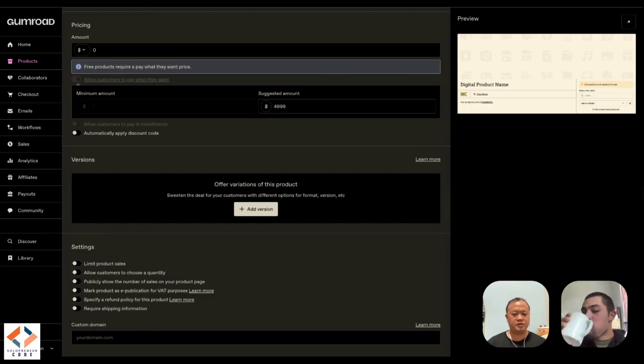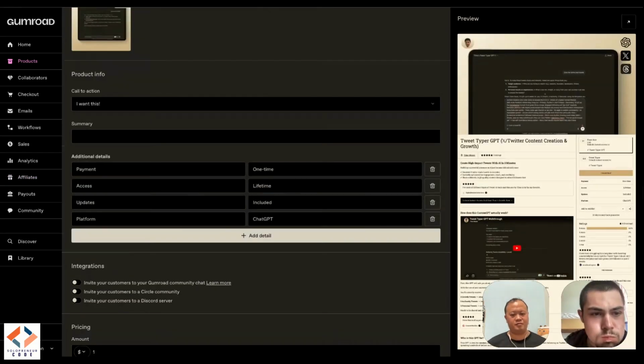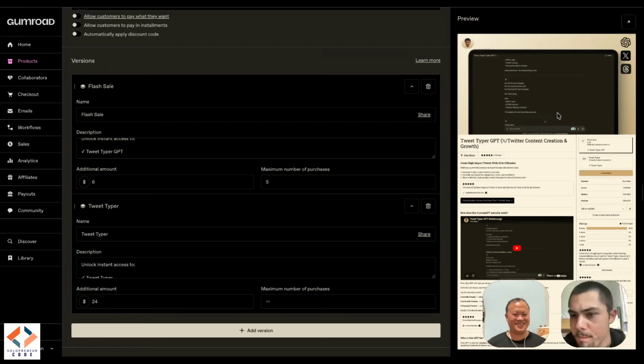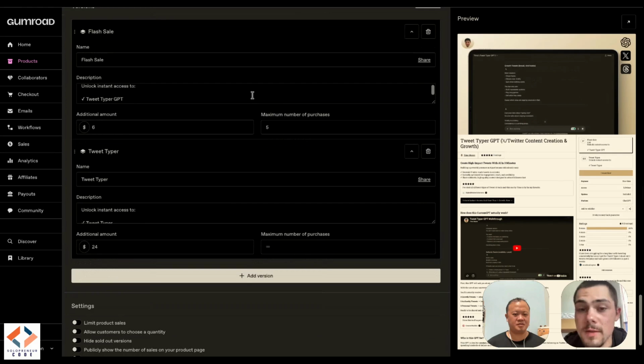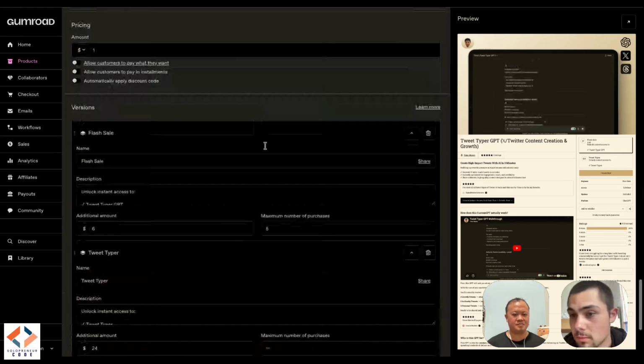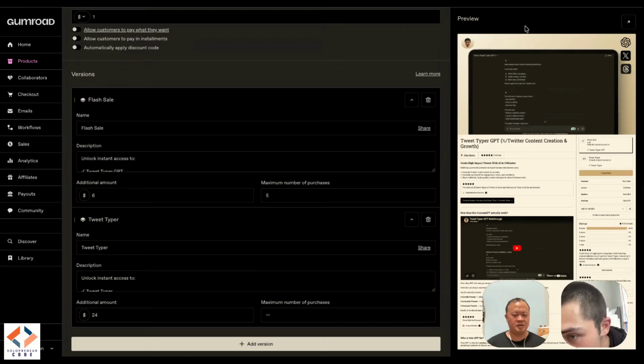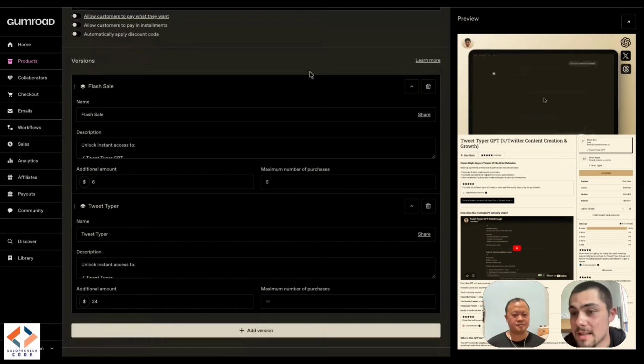Next is versions. Versions is very interesting. That's when you start to be more creative with your offers. How I use versions is to add some urgency through flash sales. So what I basically do is say the next 5 copies of this product are 50% reduced, or in this case, even more reduced than 50%. And it's very nice because it's Substack native. A lot of people add fake urgency and say only 5 more items, 4, 3, 2, and they add urgency through that, but